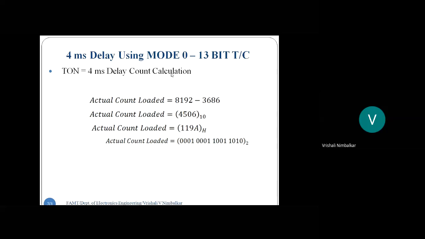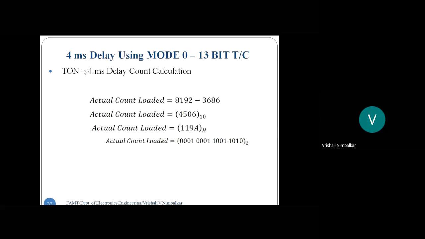So let us see, what is the difference in mode 0 and mode 1? It's only in loading the count. In mode 1, it is 16-bit. In mode 0, it is 13-bit. For the rest, whatever programming logic you have used for mode 1 is applicable for mode 0 also. So we have seen the delay program using mode 1, and square wave generation using mode 1. The same programming logic is applicable for mode 0. Where is the difference? In storing the counts. So let us see only that difference.